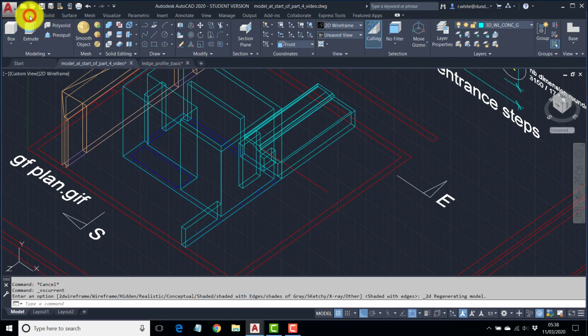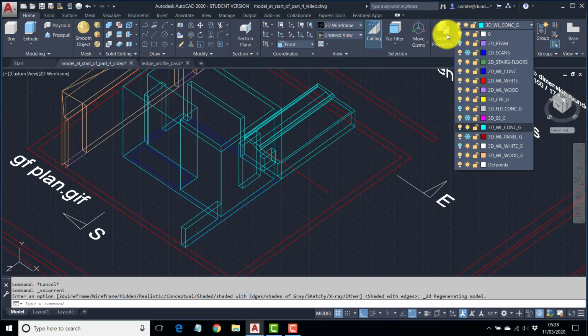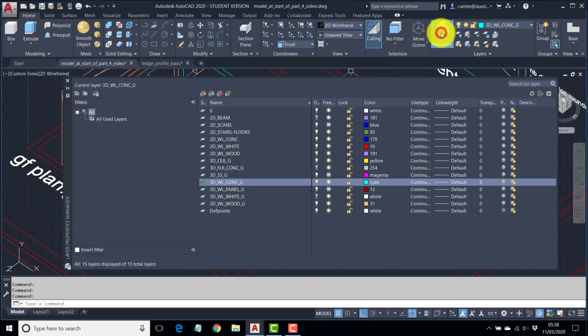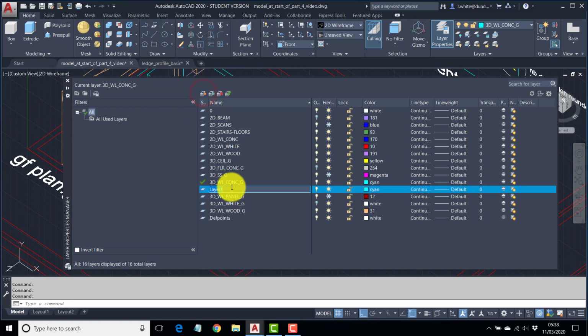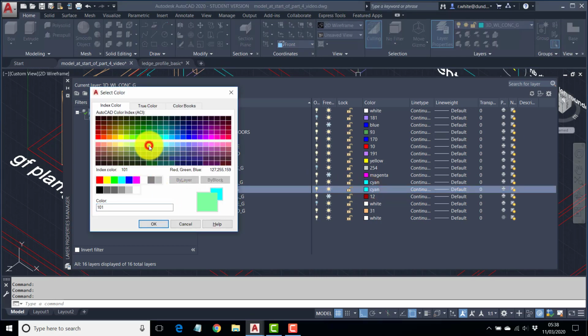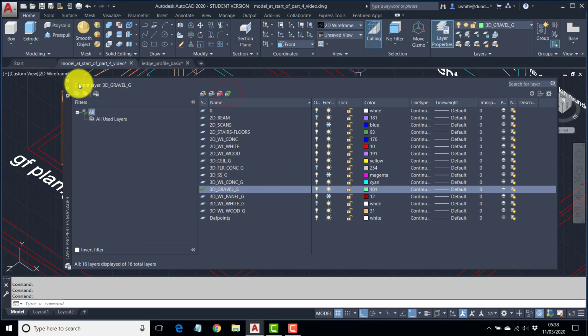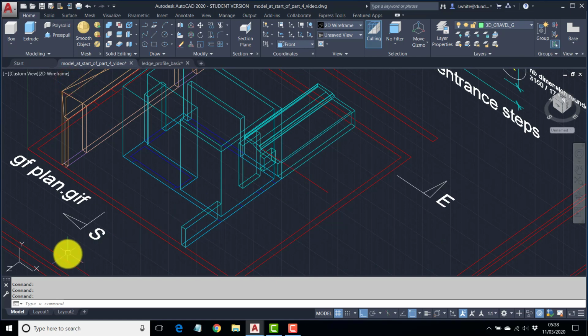Okay, so let's go back to the home ribbon, and we want a new layer. A new current layer, 3D, let's use capitals, 3D gravel, and it's obviously going to be on the ground, but I'll put the G on the end. And I'm going to choose a bit of a different colour for this, 101, make it current, close. We want to be tracing this in the world coordinate system, so we're looking down on things,